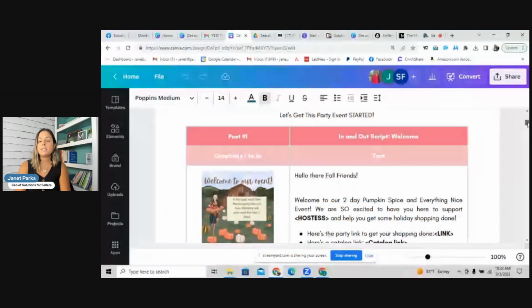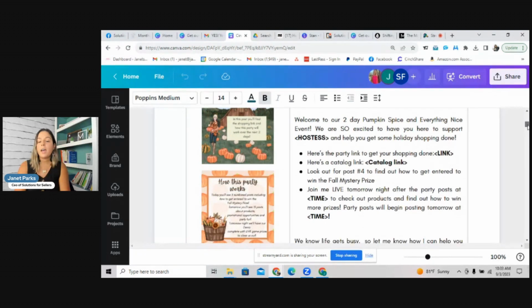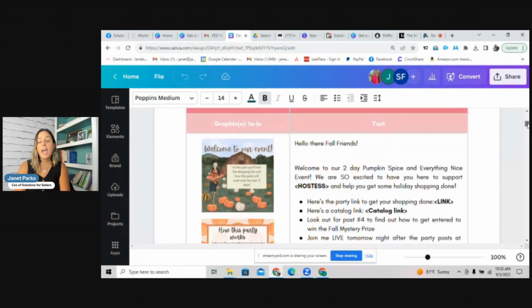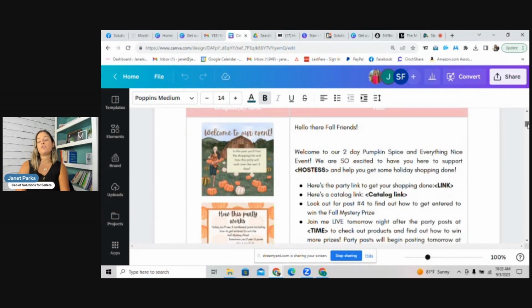All right, so where it says, let's get this party started, you can see in the doc that it gives you the captions. This is going to be especially helpful for those of you that are not CinchShare users. If you're not subscribed to CinchShare, you can open up this script doc and essentially just copy these captions.